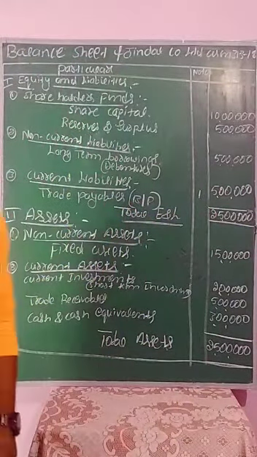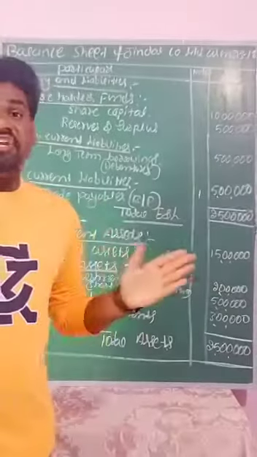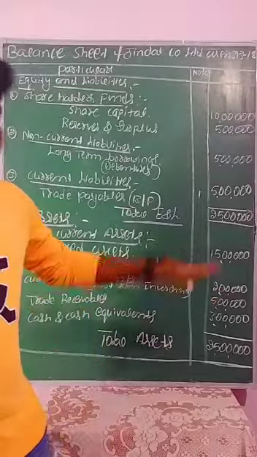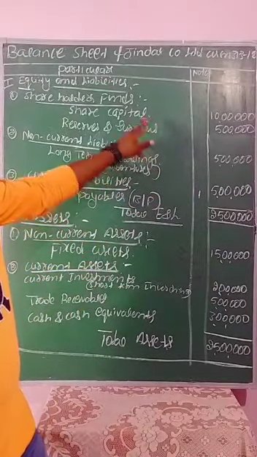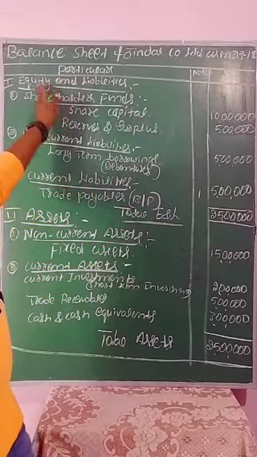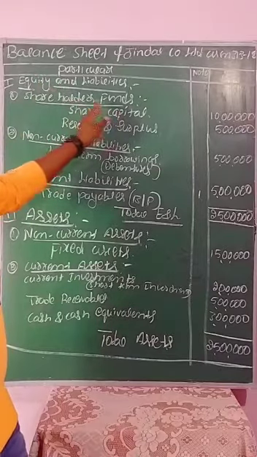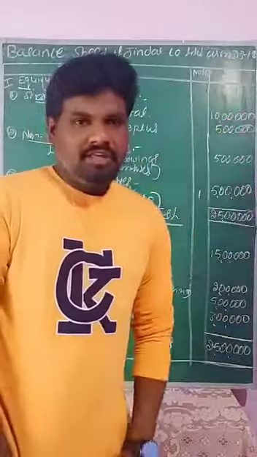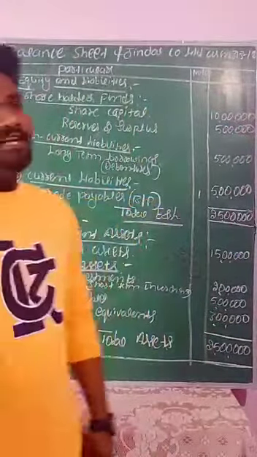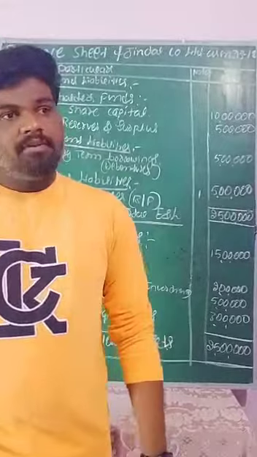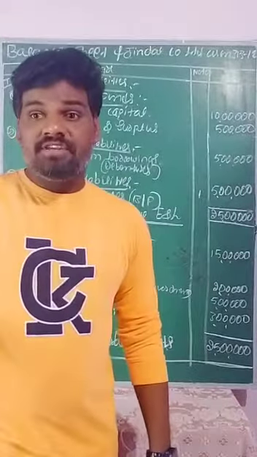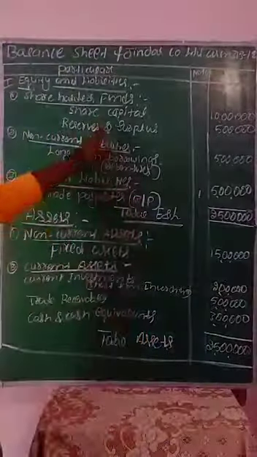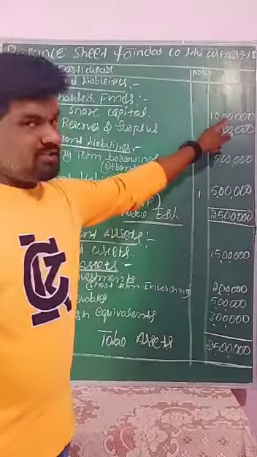As per the given information, they directly gave share capital, right? So the share capital we can record under shareholder funds, because this is related to capital. Capital means equity, right? The share capital value of 10 lakhs rupees is directly given. Suppose it was not given, whether it is equity share capital or preference share capital, specifically; at that time we would need to apply a working note. The first one, share capital, we write 10 lakhs rupees.